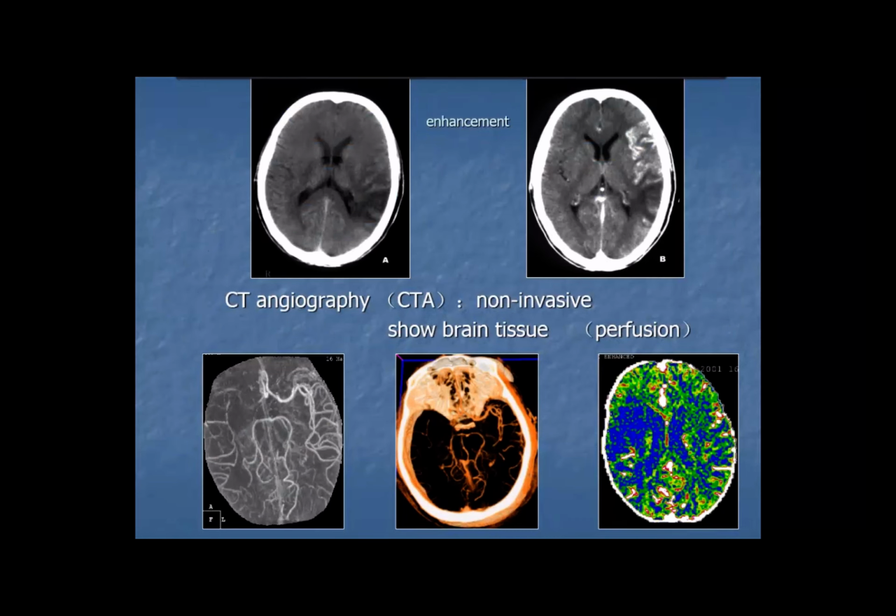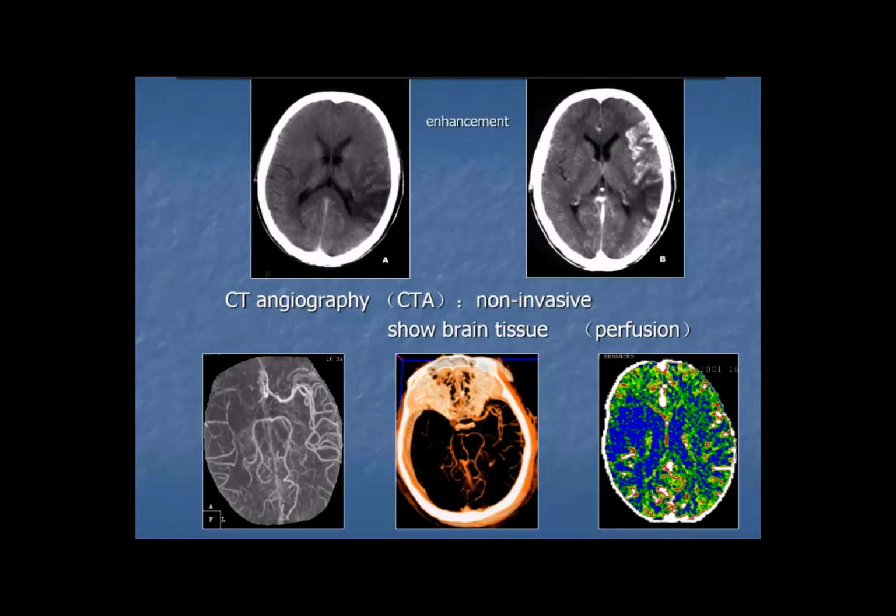This is an unenhanced CT plain scan, and this is the enhanced CT scan. We can also perform the CT angiography, CTA. This is non-invasive. It can show the brain tissue and the vascular structure. The DSA only displays the vascular structure, and we can also get the perfusion image. It's a functional image. We can find this vessel is occluded, and this area is stroke and infarction, and here the perfusion, the blood supply, is